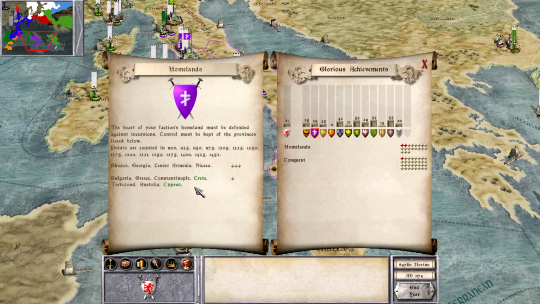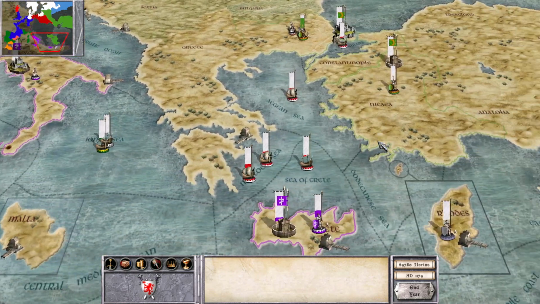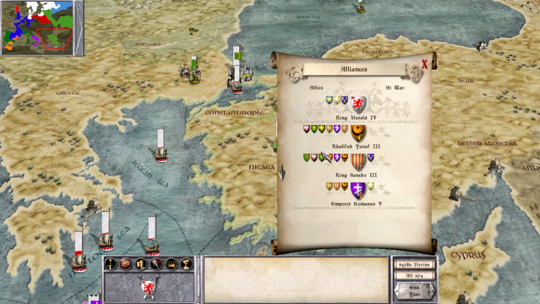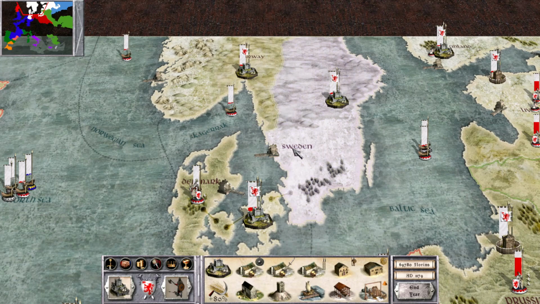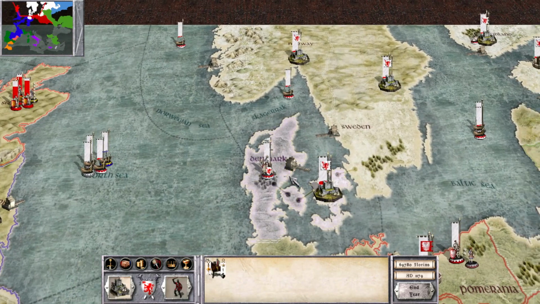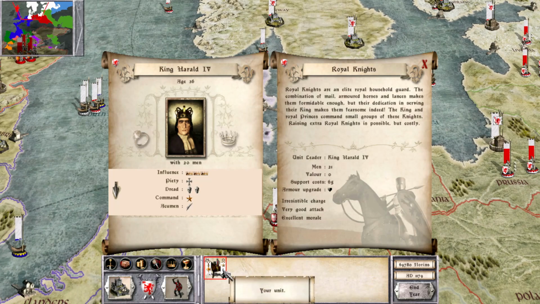I don't know if this is going to tell me anything now, because the Papal States are not a homeland objective, so it wouldn't tell me if they have it or not. And the Turks and the Egyptians are still at war, right? Yes, they are. Okay. Well, King Harold IV, you have one job, man, and you are not getting the job done so far. You are 36 years old and...